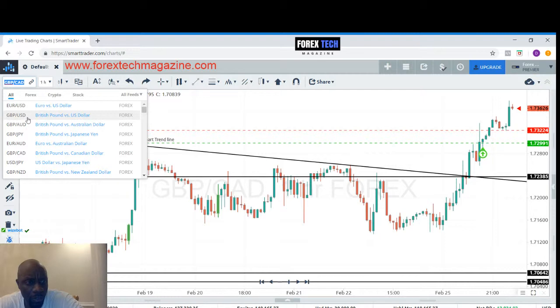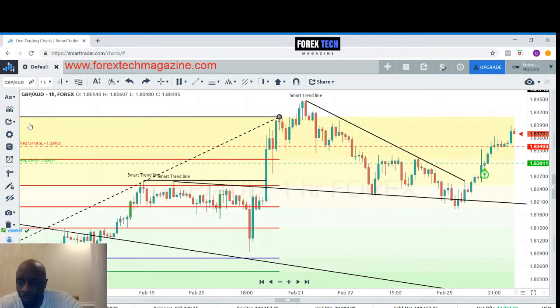What's the next one? Oh, yeah. Same thing with this Great Britain pound, Aussie dollar, right? You can see price was trending downward, right? Price actually was bouncing up off of this previous downward trend line here, right? Price crossed through over to the buy zone. It pushed up, same thing, 6 o'clock hour, bought in. Price pushed up, pulled back a little, again keep pushing back up, locked in,